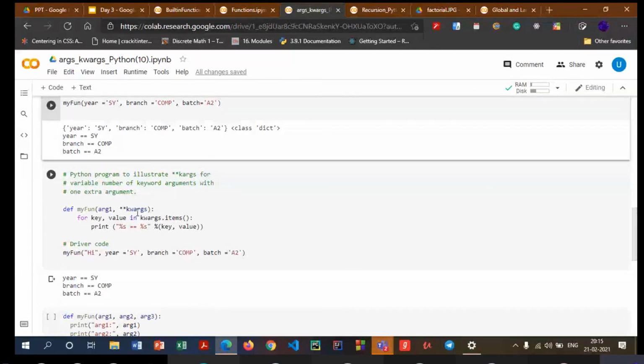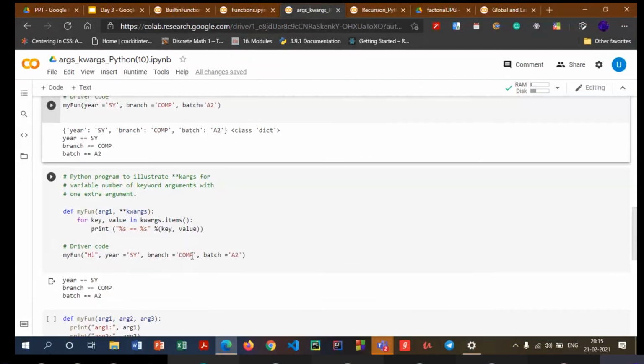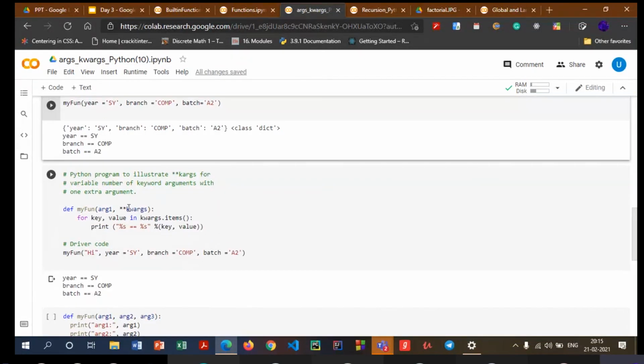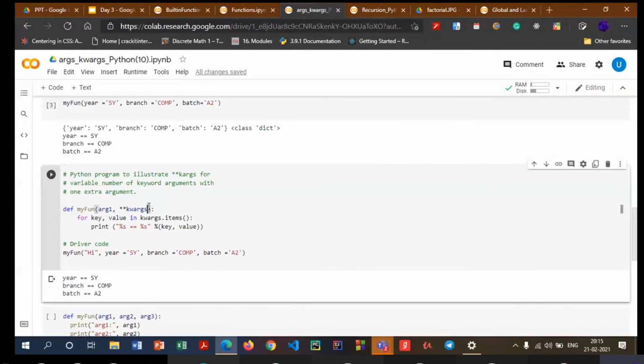Now, similar to what we have seen previously with variable number of arguments, in keyword arguments also, that should be the last parameter which you are taking, since you want to accommodate all the remaining keyword arguments into this variable only. Don't put it initially, because then the arg1 variable will stay empty, and we don't want that to happen. We want this to take some sort of value.